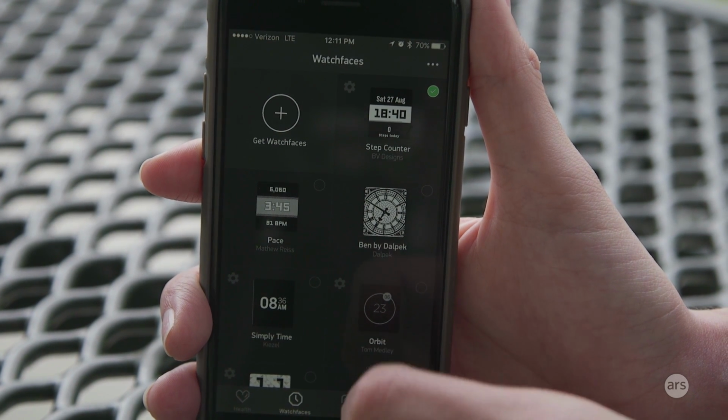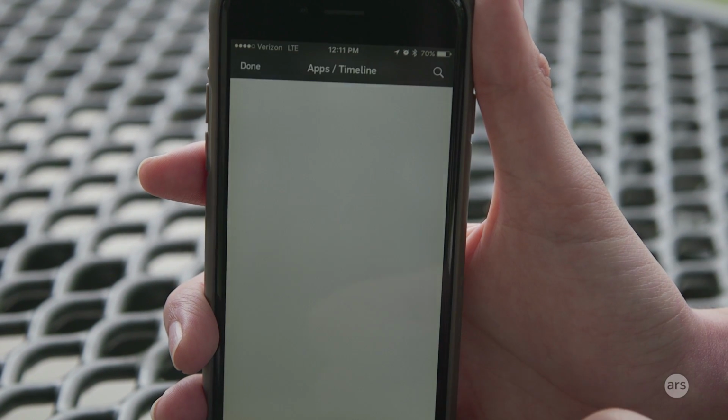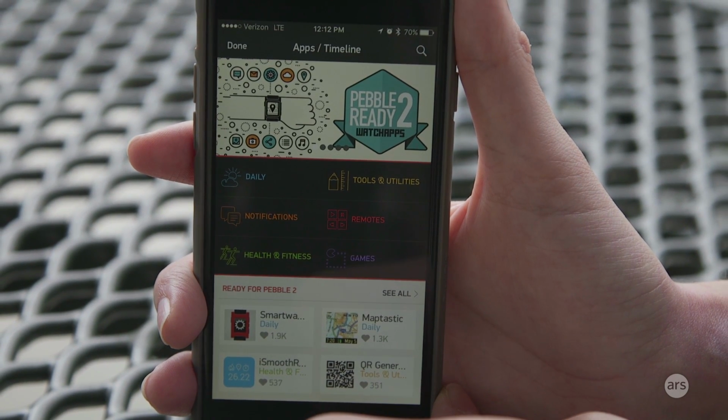And there's a Ready for Pebble 2 link in each of those, and a lot of the ones that are featured on there I just didn't really find very useful. There was one that was an alarms app, but the Pebble 2 has an alarm feature, so I just used that instead. And as far as the activity third-party apps are concerned, there are a few good ones